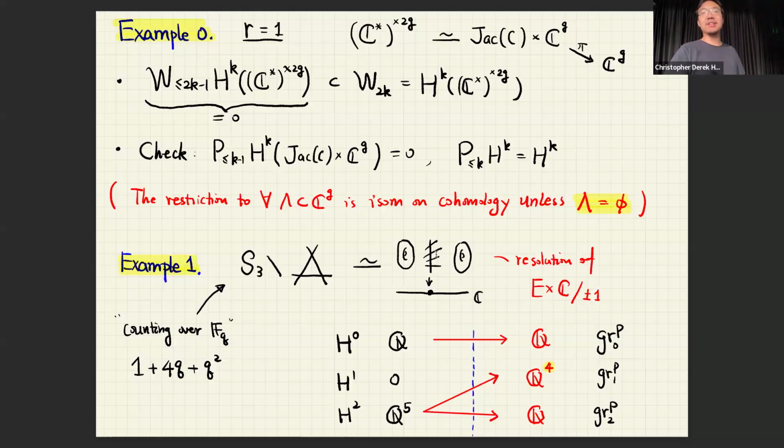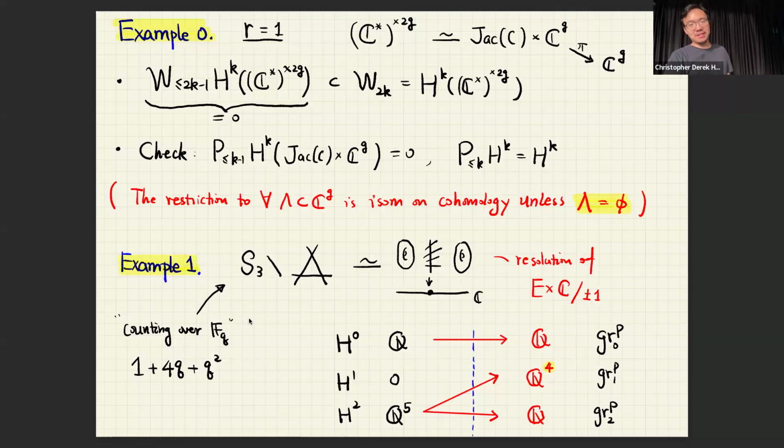But for the exceptional divisors, because they are rigid, they're not movable, so they vanish, so you will have a shift. These 4 classes, their trivial bound for the perverse filtration is 2. But because of the thing I said, their real perversity is actually 1. So this is the shape of the perverse filtration. I mean, I'm writing down the associated graded. So there's 1 class, which is the fundamental class, of perversity 0, 4 classes, which are the exceptional divisors, of perversity 1, and 1 relative ample class of perversity 2.